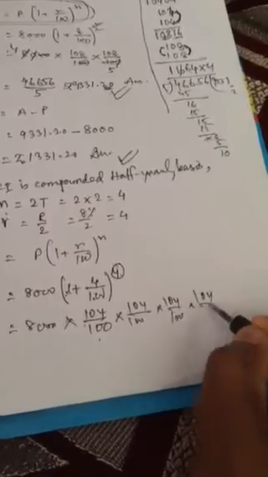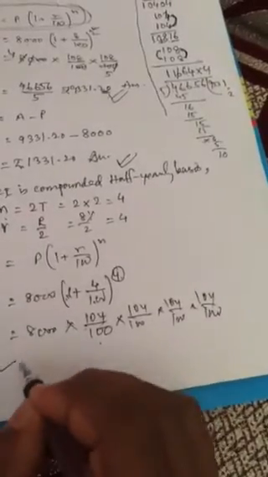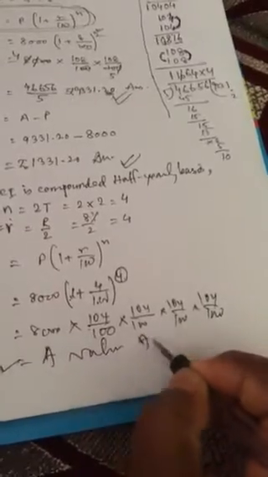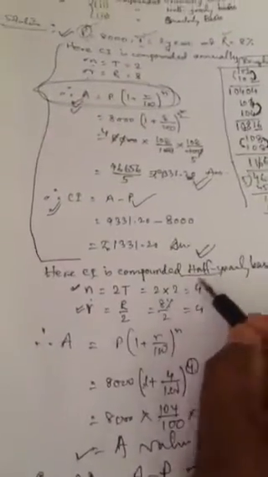After that, you know, cancelling. After cancelling, you can get the value of A. After finding A, you have to write CI equal to the same formula, A minus P. Applying this formula, you can find CI and A in case of compounded half yearly basis. Okay. If it is compounded